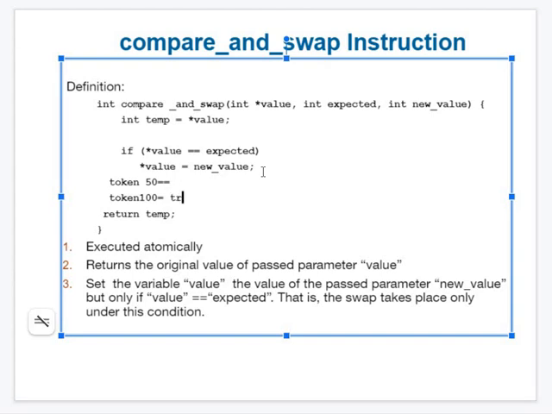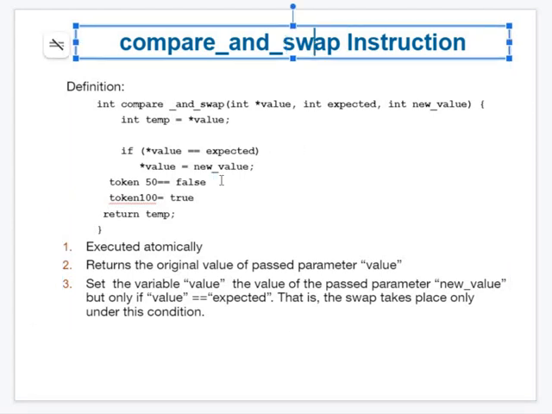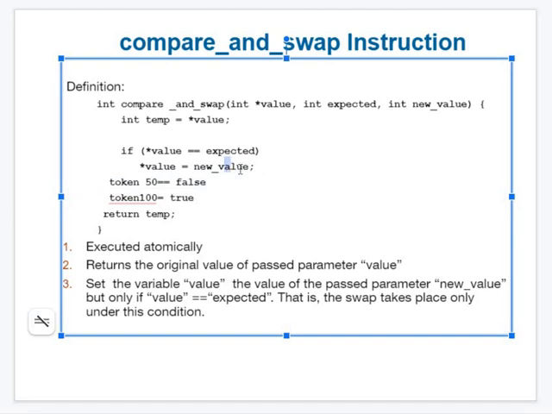For token 100 it's true, because you are working on him, because you are giving him the service. For 50 it is false. Okay, next, after this what happened, because you did a swap here? Why did you do a swap? Because he is a senior citizen, and token number 50 is a younger boy. So the younger boy can wait for 5 minutes, but the senior citizen has to get the work done a little faster.